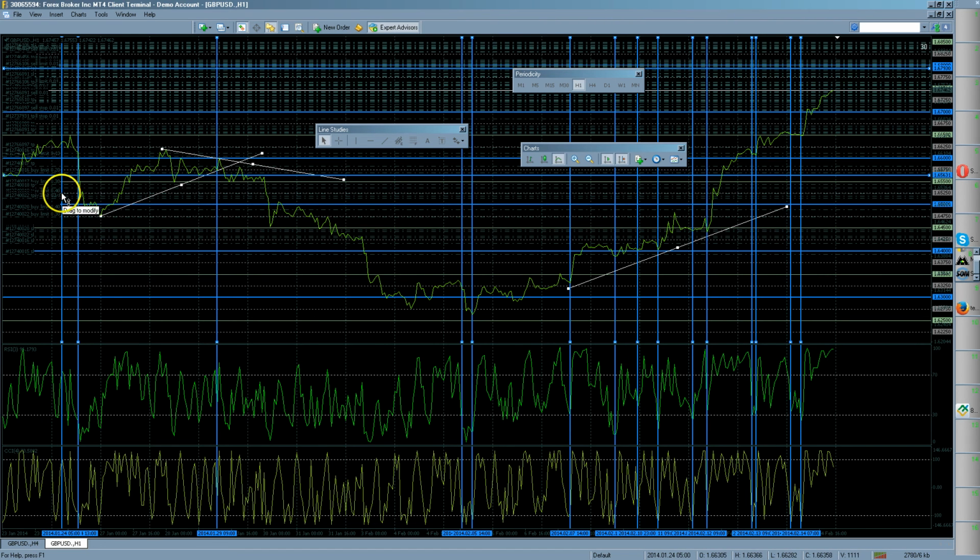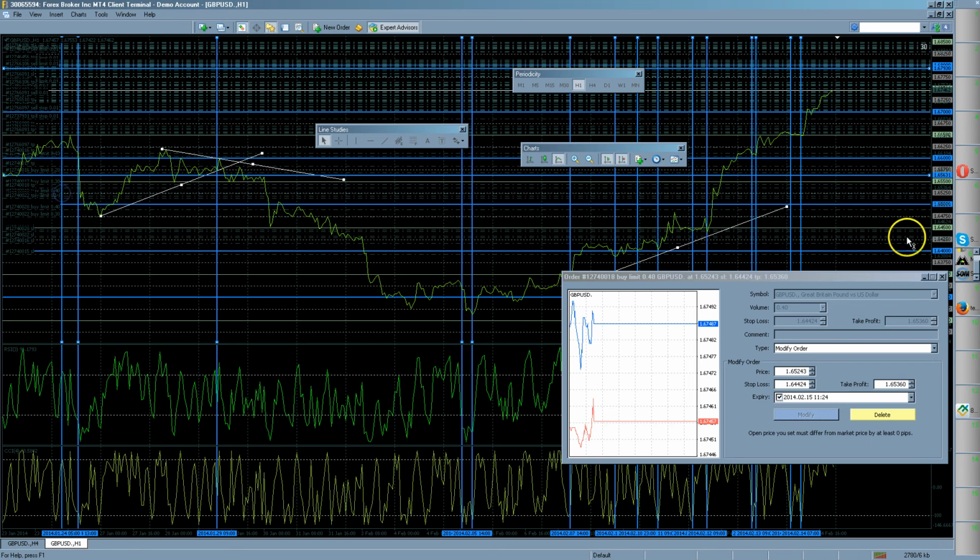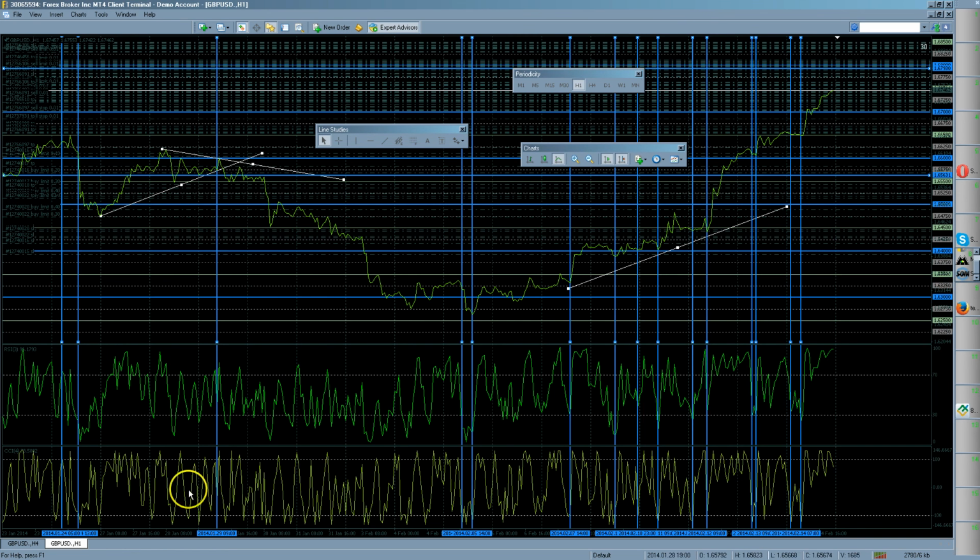And this is why you could never build a robot to do this stuff, because a robot is literally going to pull the trigger and buy all of these, and he's going to sell all of these up here, and I don't know how you would tell him not to. But this is a dicey area here, but if you drill down on this thing, you can see